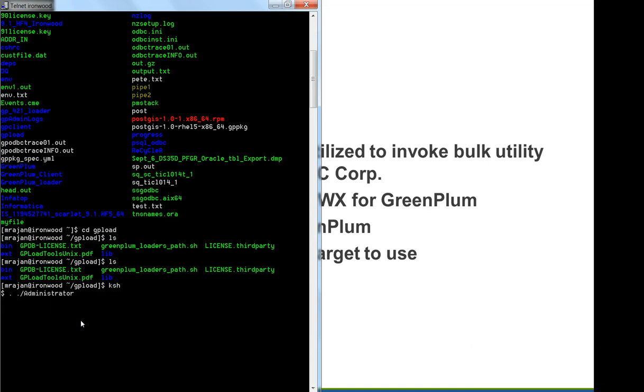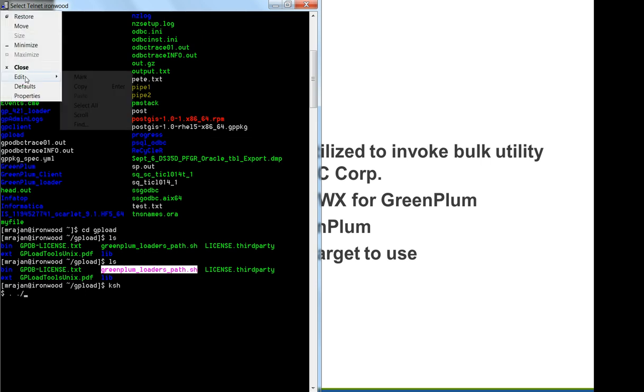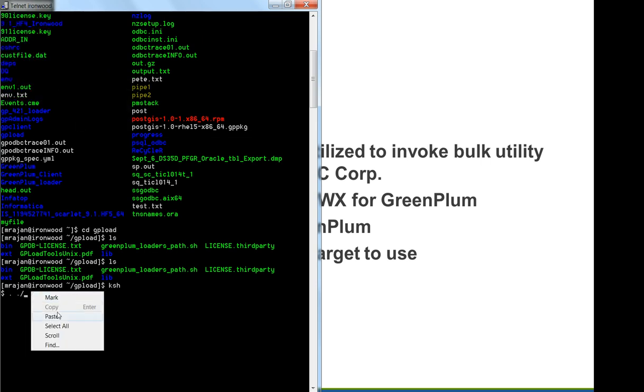First we need to run this greenplum_path.sh. After we run this,